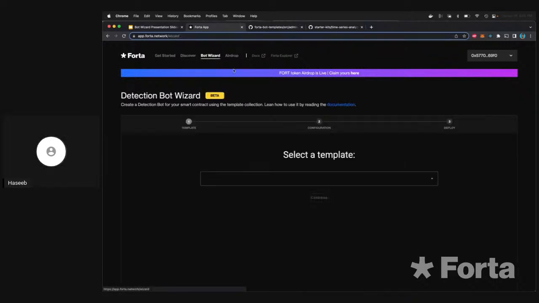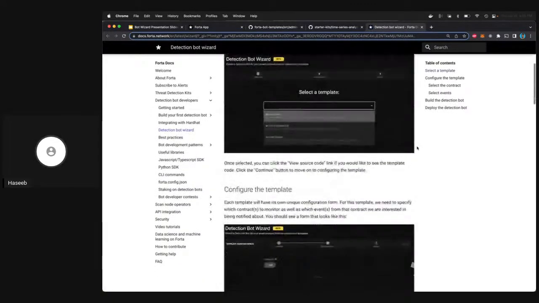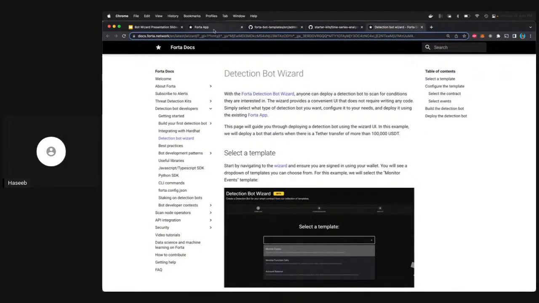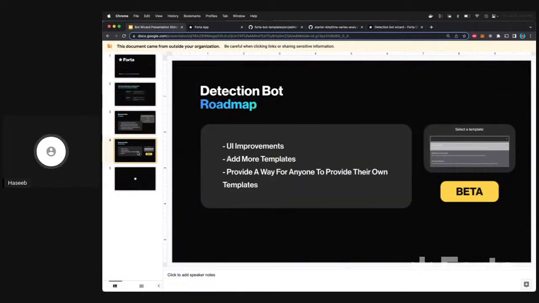Another thing I want to point out to you is the documentation. So if you want to go through more detailed written documentation, you can check out our docs over here. And this will go over a similar example as I went through in this workshop, but you can also have that for your reference. So looking ahead, in the future roadmap for the detection bot wizard, obviously we want